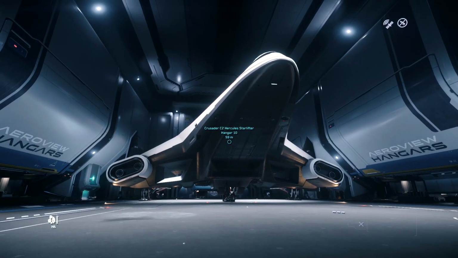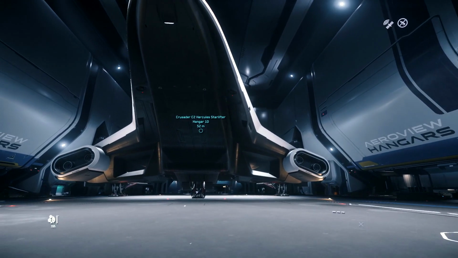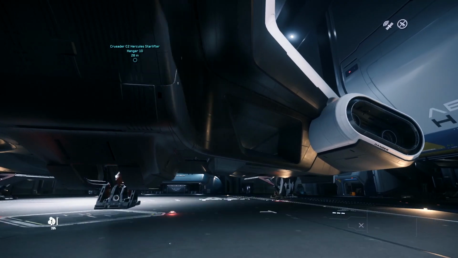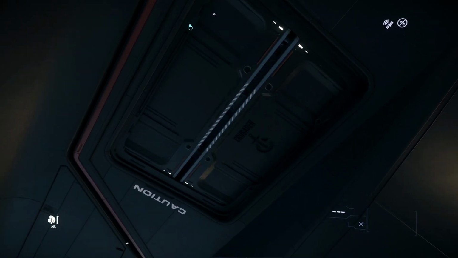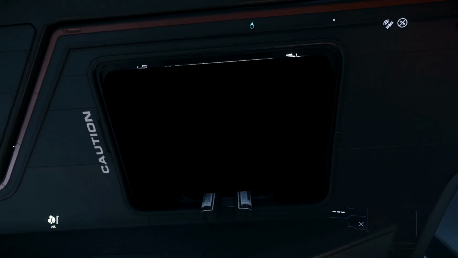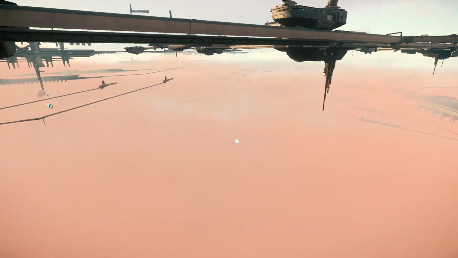Ooh, there she is, guys. The big beastie. C2 Hercules Starlifter. It's so awesome. I love it. And I love the fact that you have the elevator over here. And yeah, let's get into this thing and take her on a flight. Now, I'm not going to give you a tour on the ground. I'm going to try to do something else. And let's see just what we could...